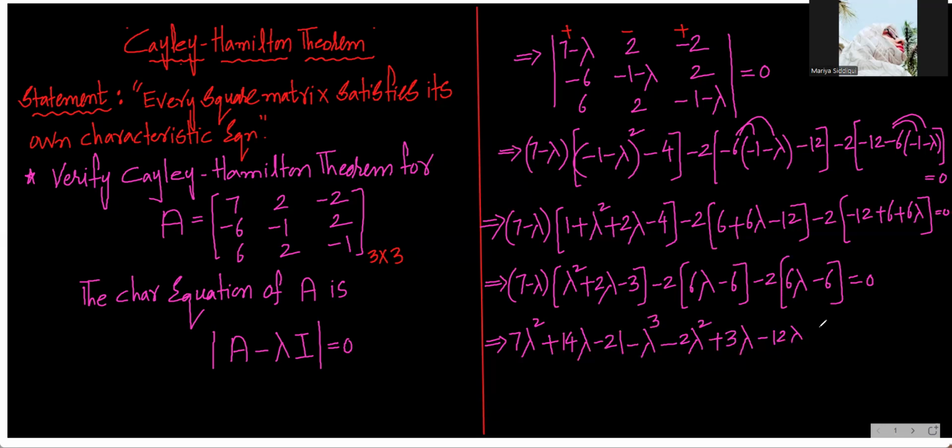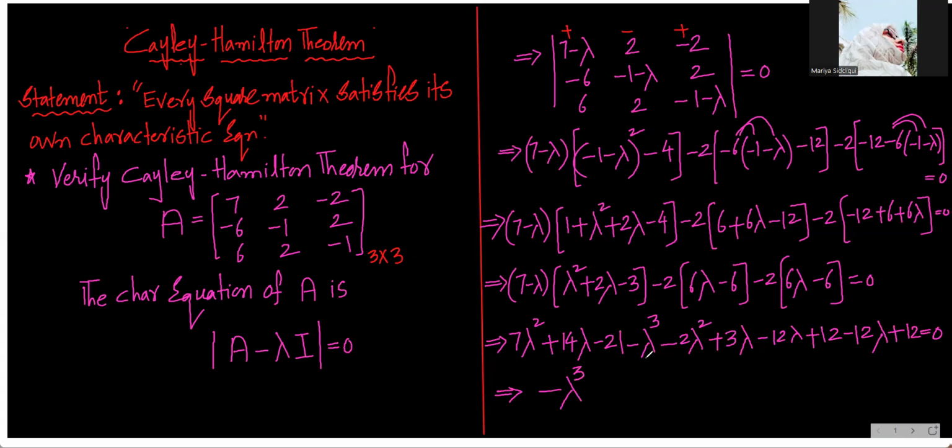Minus into minus plus 12, and then minus 12 lambda, and then plus 12 is equal to 0. We have to write this in a proper order, and this work yesterday also we have done. Minus lambda cube